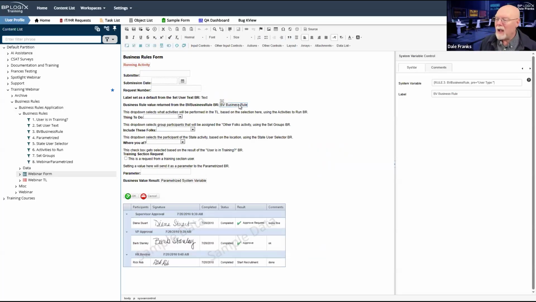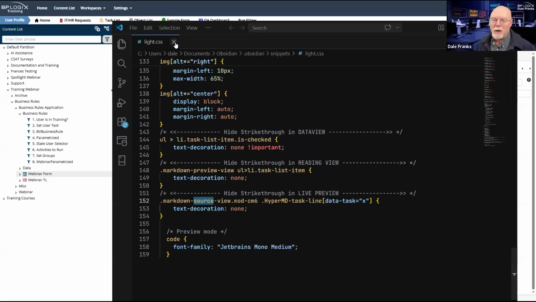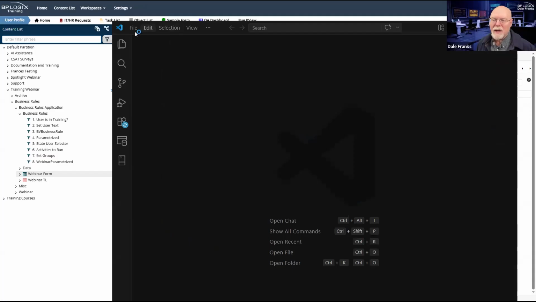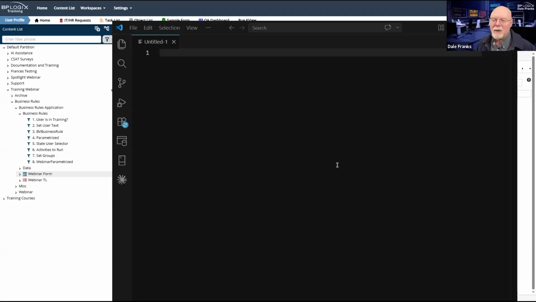So I have a system variable control, and just so that we can see, because this text is awful small, let me pop open Visual Studio Code so we can paste it in and see it a bit more legibly. All right, so there's Visual Studio Code. Don't need that CSS style sheet there. So we'll go to a new text file. Let's paste that in here.